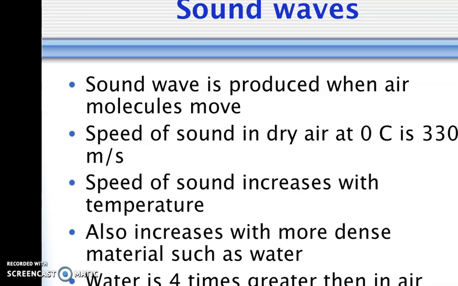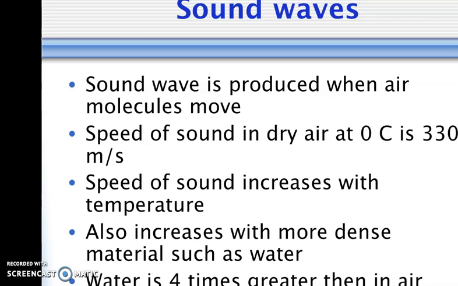as sound. The speed of sound in dry air at 0 degrees Celsius is 330 meters per second. The speed of sound increases with temperature, so as the temperature goes up, the speed of sound goes up. The speed of sound, you'll notice, is a lot slower than the speed of light, and because of that, if